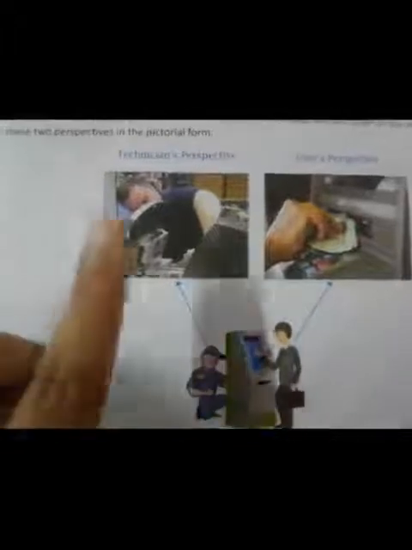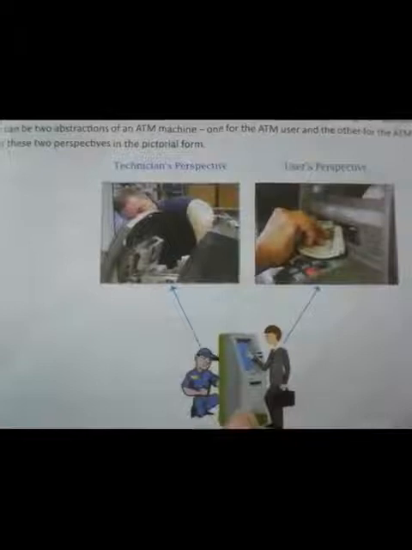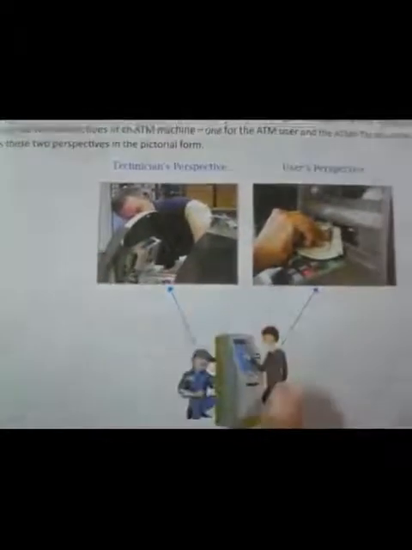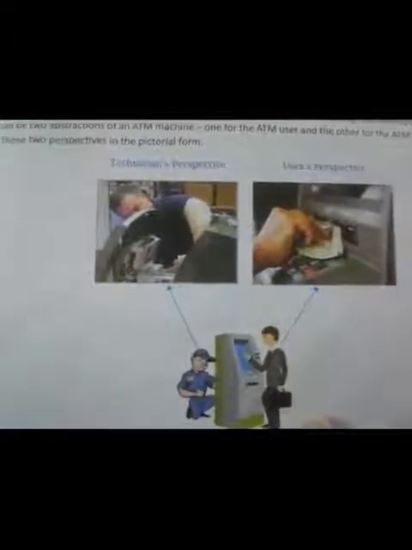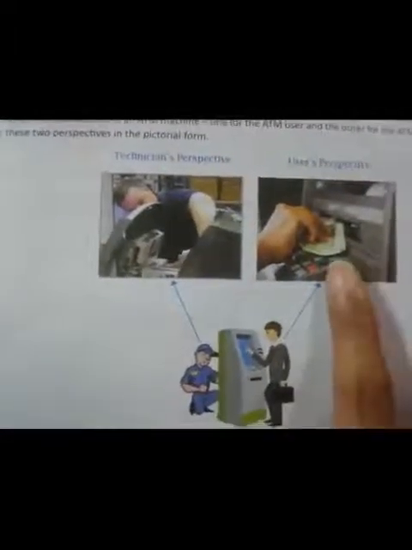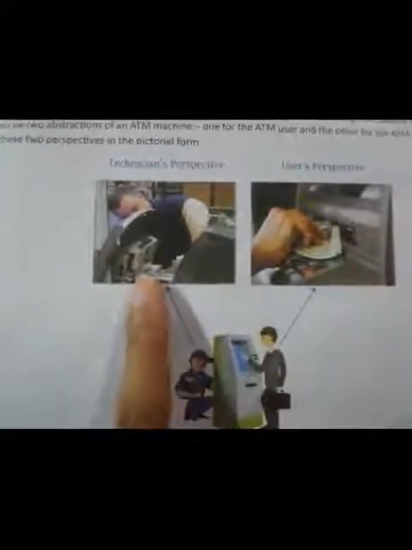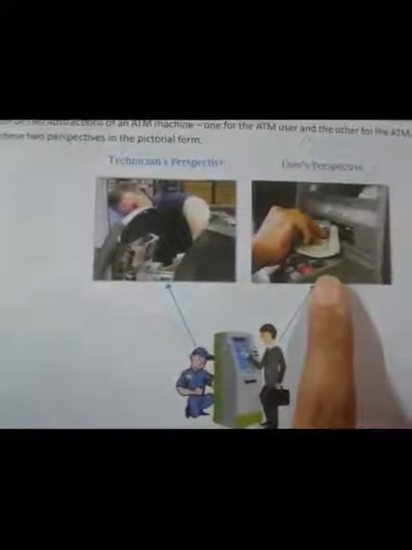That is enough. But the technician's work is to design this. ATM is designed by this person. So the user only knows this part. That is data abstraction, hiding this information and showing only this information. So this is data hiding.